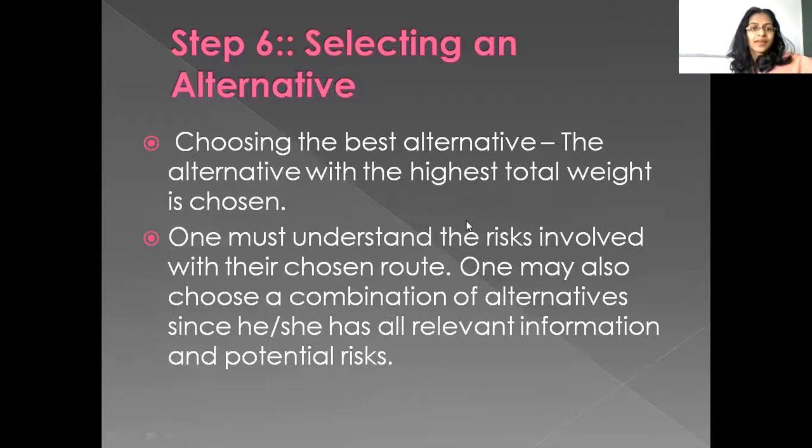Okay, fine. Now, since I have evaluated and compared, the next step is deciding, declaring that this one is the best. So there were 4 alternatives available in front of me. I compared all the 4. In step number 6, I declared this one is the decision that I want to take. This is the alternative which I have selected. So you go and declare it in front of your team, your department or your management: Sir, this is my decision. You have taken a decision. That is known as selecting the alternative.